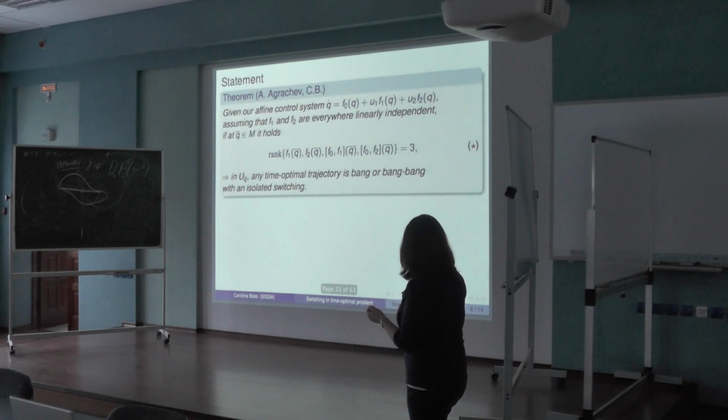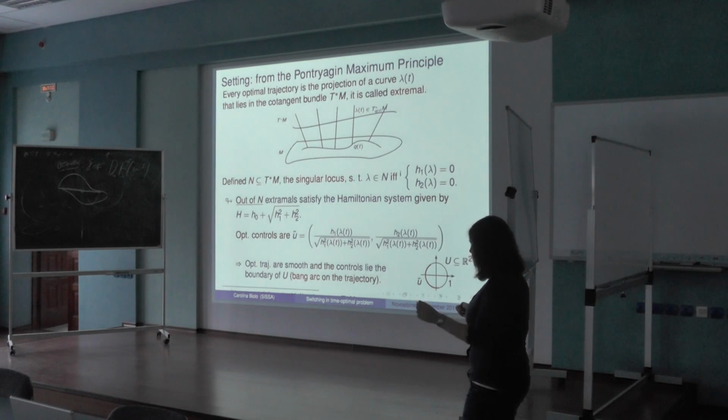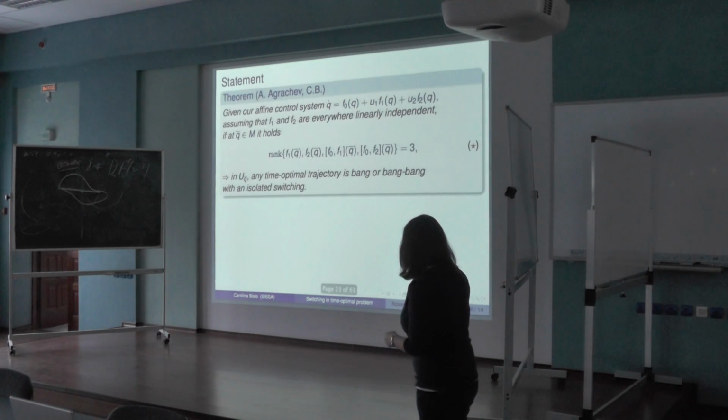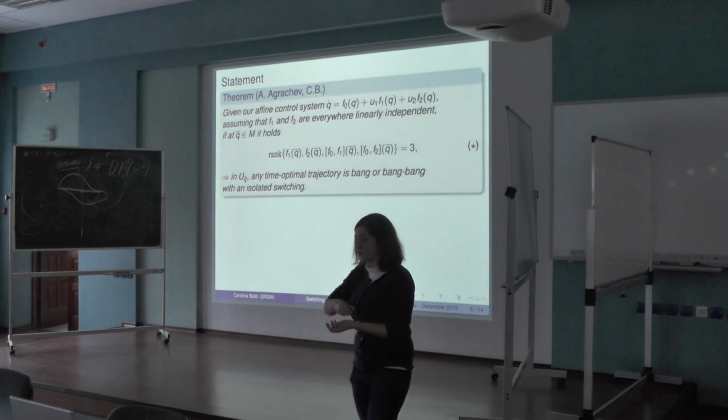With respect to the controls, what does it mean? It means that it is smooth, and then it has a discontinuity. It passes through the singular locus, so the denominator is equal to 0, and then from a point of the boundary, it arrives at another point of the boundary. And we were also able to understand how this jump of the control behaves.